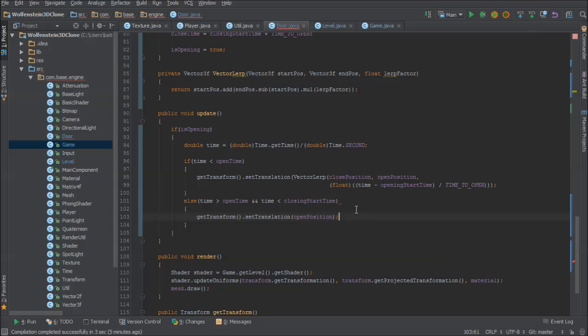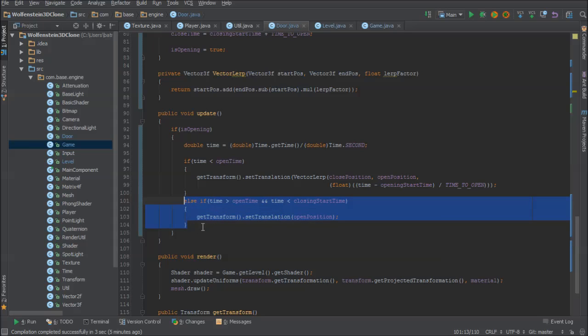What do you mean semicolon expected? It's in... Oh, right. Else if, excuse me. Yeah. And technically this is redundant. The time is greater than open time, because if this condition failed, well, obviously it's greater than open time. I'm just having this here mainly for insurance, just in case I put something else here later on. It's completely unnecessary, and in fact, I'm probably better off getting rid of it, but I'm going to keep